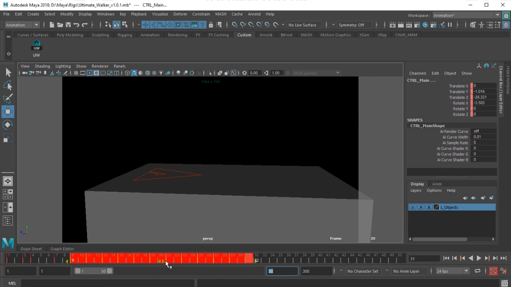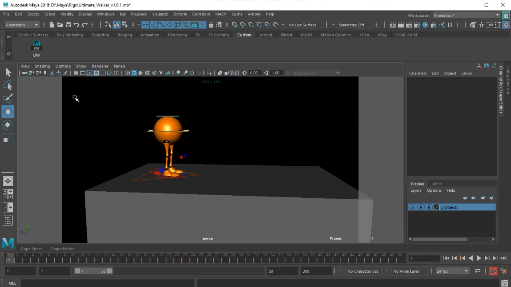So I'm just changing a few frames timing here.